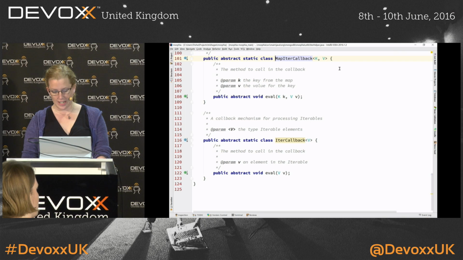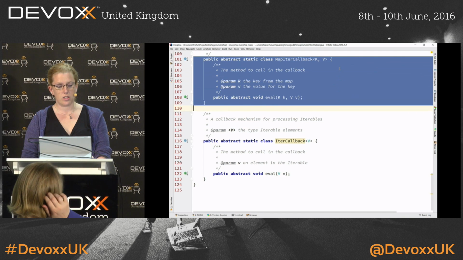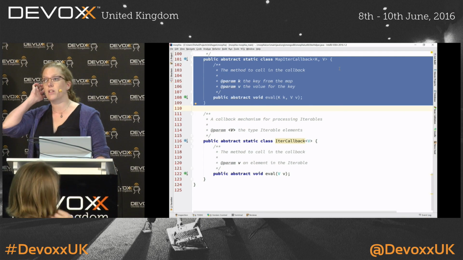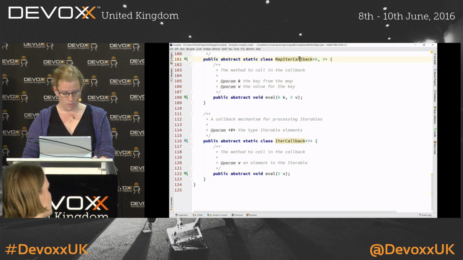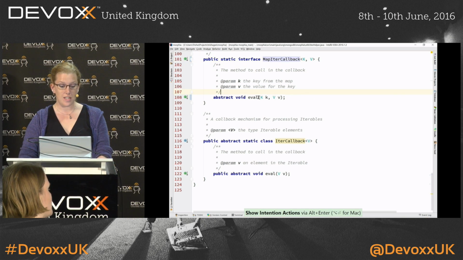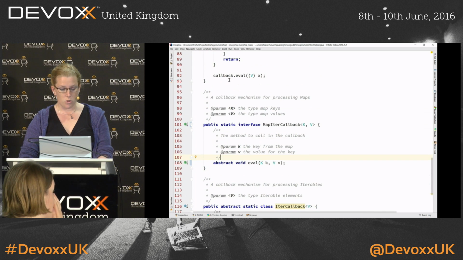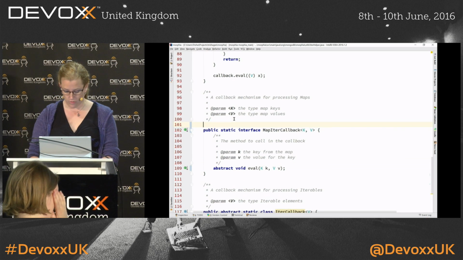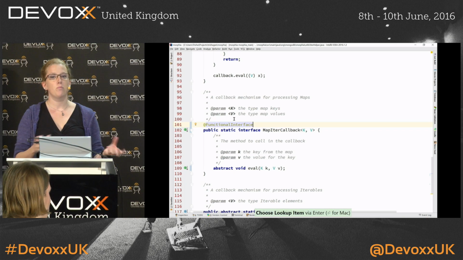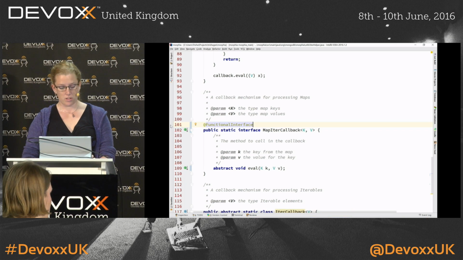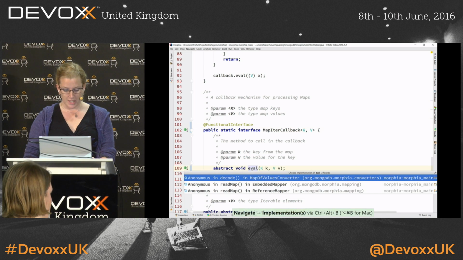Here I have an abstract class, and it's got a single abstract method on it. So I can convert this to an interface fairly safely. I haven't really changed anything. I will do that: convert class to interface. It turns that into an interface. And if I want to, I can add the FunctionalInterface annotation to that, and then I can implement this as a Lambda. So if I go to an implementation of this,